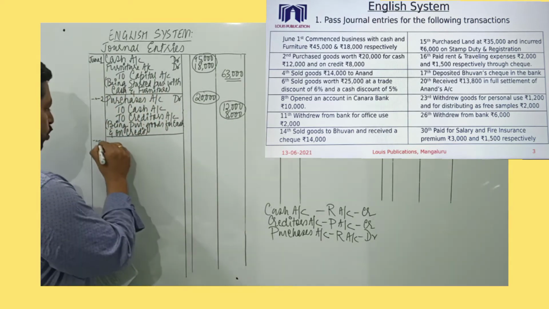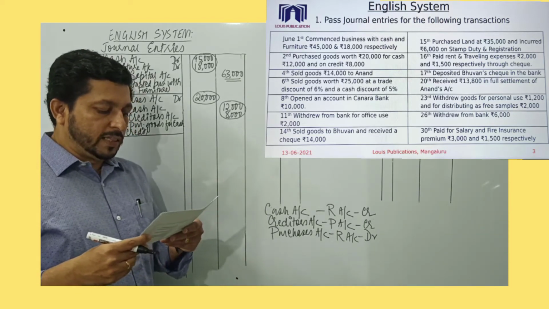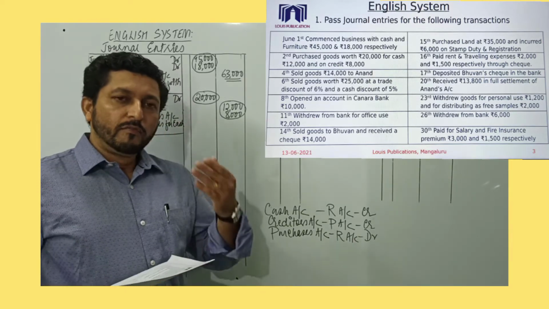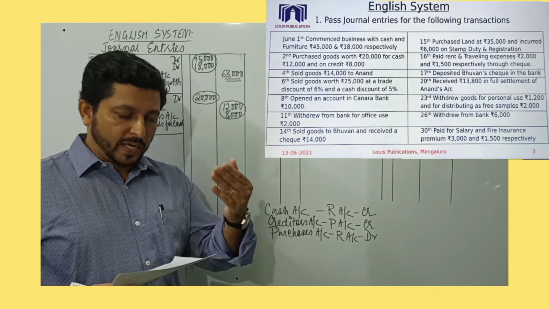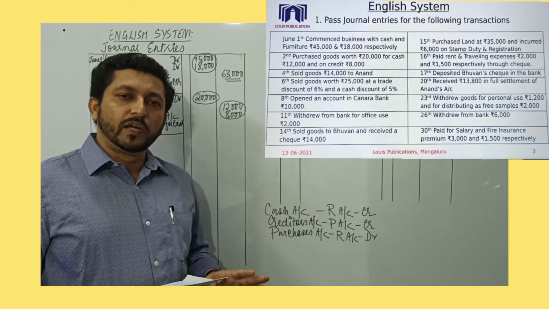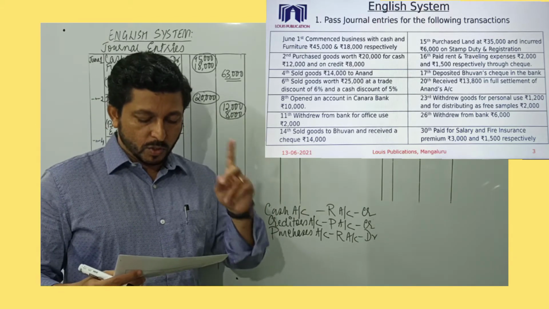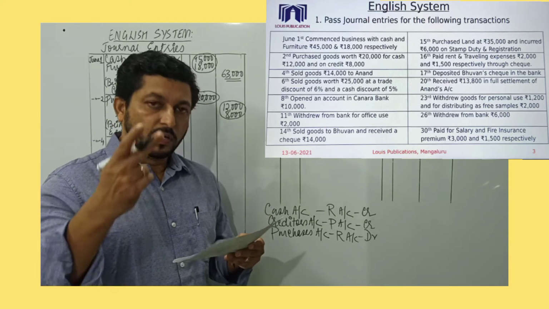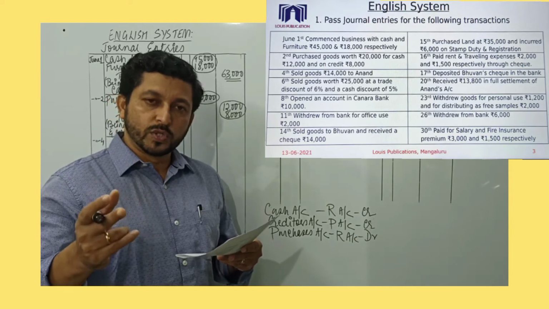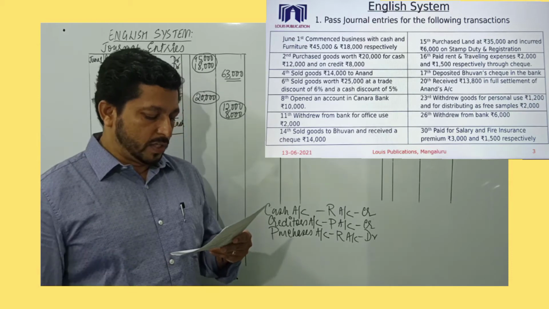Let's move to the date June 4th now. We will make the entries directly in the books now. Sold goods 14,000 to Anand. So goods worth 14,000 are sold to Anand. We will read the transaction to see whether cash, bank, cheque, paid or received is given. Nothing is given. We will check whether the name of the party is given. Yes, the name of the party is given. Anand is given. So one of the accounts present will be Anand's account. The second step will be to read the transaction and find the other account. Sold goods means sales account. So there are only two accounts in this transaction.